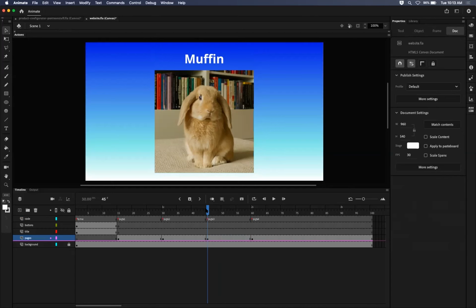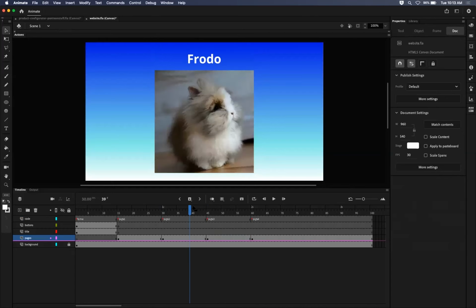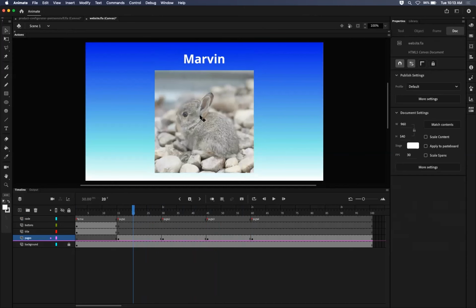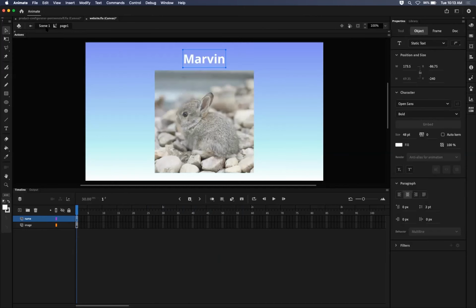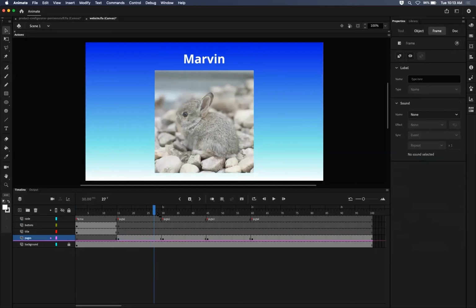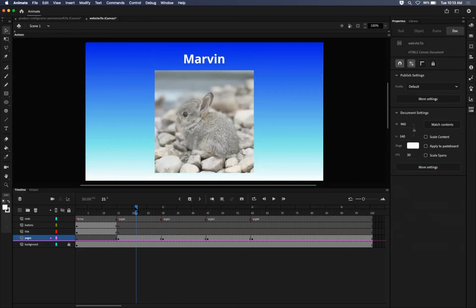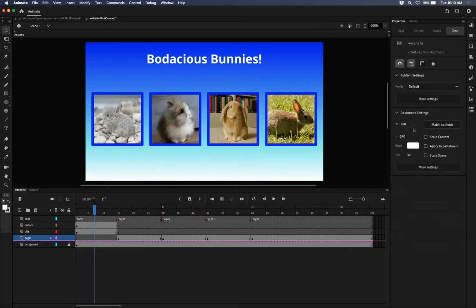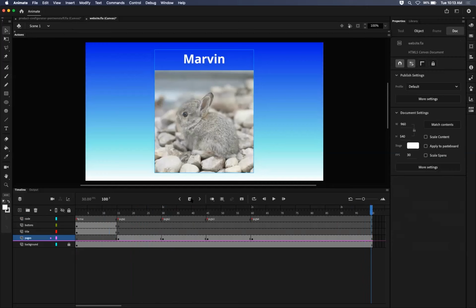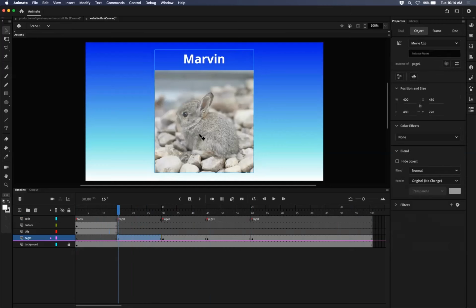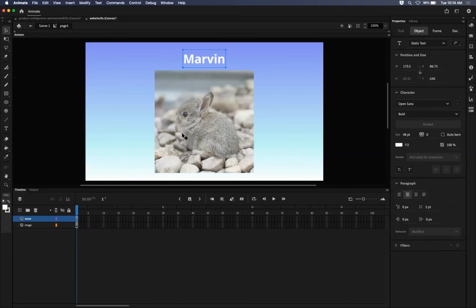Another thing we're getting really used to is continuously going in and out of symbols, right? So I'm inside of the Marvin symbol and I'm using the breadcrumb trail up here, hitting scene 1 or the arrow key to go back out of the symbol and back up to the main timeline. So we're cultivating the ability to not only create some space on the timeline, create different places where these different sections are going to live on the timeline, but then we've got symbols on those different pages, these different sections of the timeline, that we're double clicking in and out of to deal with the content